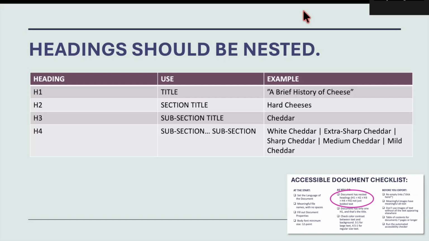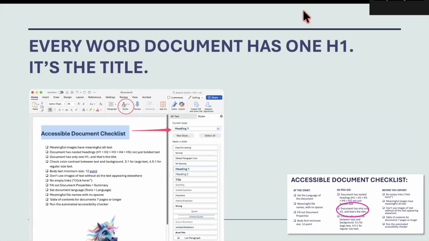All of these would be types of cheddar, so they would go in the cheddar section. It's a lot like writing a book and deciding which of the chapters and sections you're going to put things in. Again, every Word document has just one heading one, and that is the title.